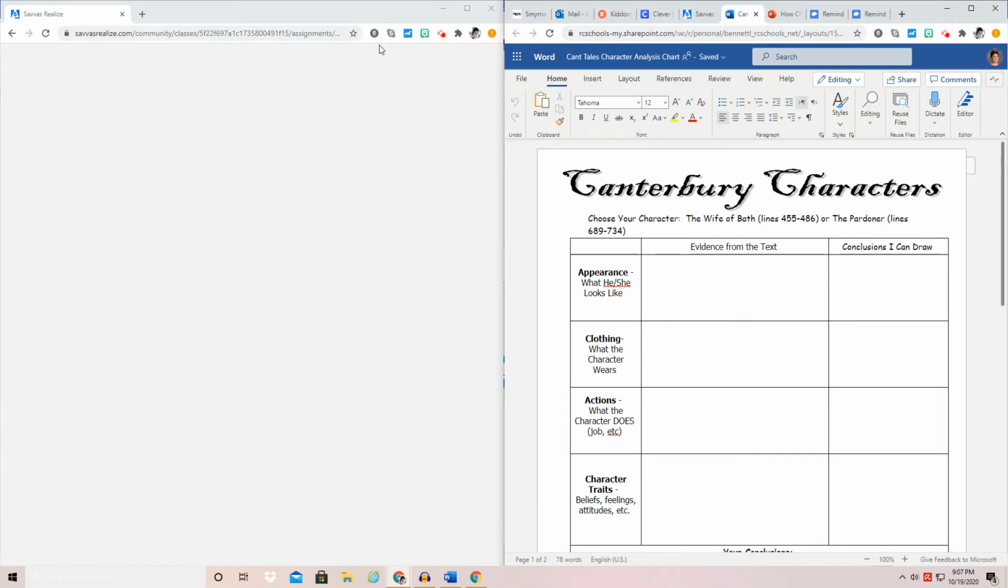So on this character chart, while we're waiting for Savis to wake up and be a textbook over here,